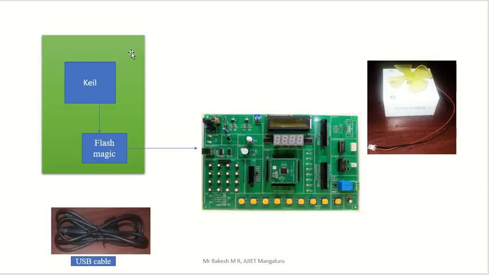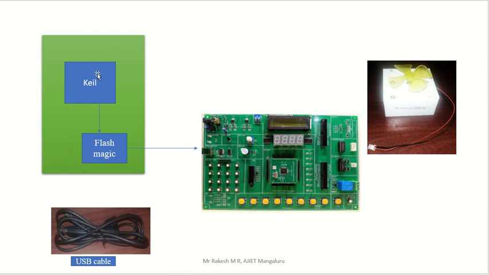Now here one setup is there. So let us take this as the computer. There we have Keil software and FlashMagic software, which we have to install before starting our experiment. In Keil software, here we are going to use embedded C, that means we are going to write all programs in embedded C in Keil software, and how to write that and how to execute that experiment, that we will see in the coming slides.